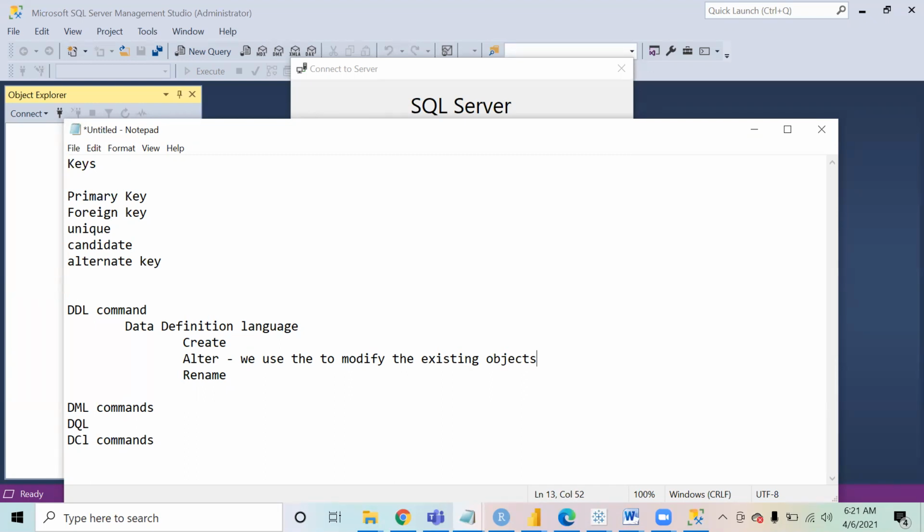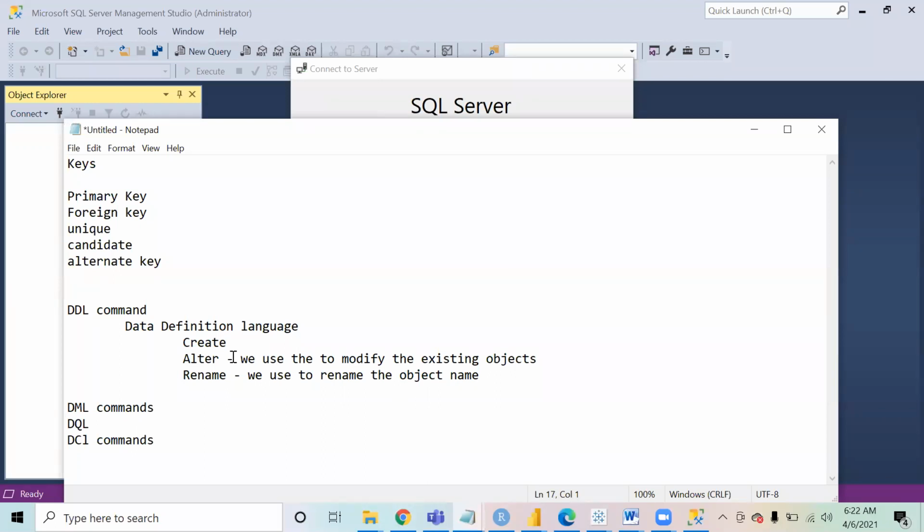In that scenario you are changing the structure of the table, so we use the alter command. Rename, as the name itself tells, is used to rename objects. If you want to rename any table, database, or views, which we will discuss later on, you will use the rename command.